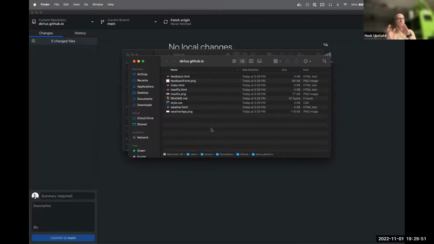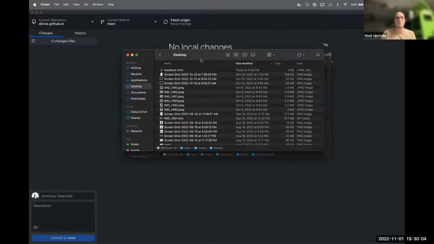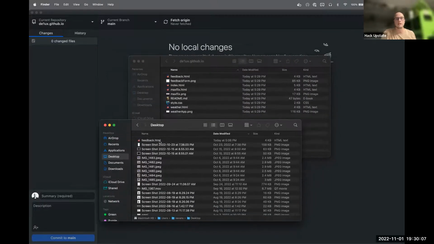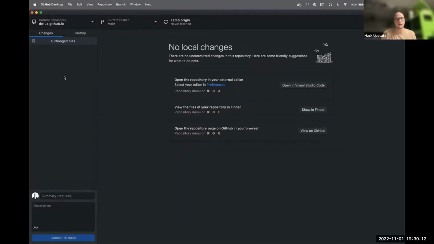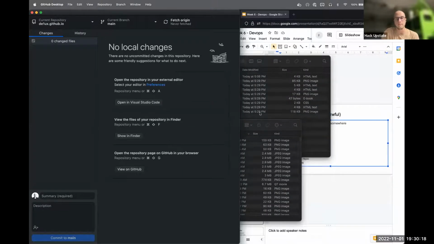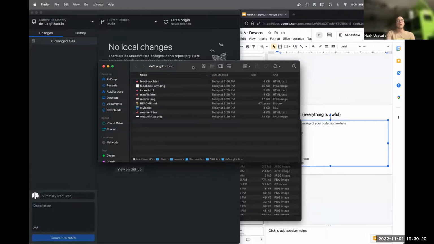Now, granted, I'm on the most recent snapshot that I pushed up to GitHub. So any changes that I made that I hadn't committed and pushed, those are unfortunately lost, unless I was able to snag them, like this feedback.html that I was able to salvage. So I'm going to grab that and bring it back. It is the same copy of feedback.html, so it's not going to show up here in my changes. But that is how you would save and get your code back in the case of, you know, everything is awful and you just need to get